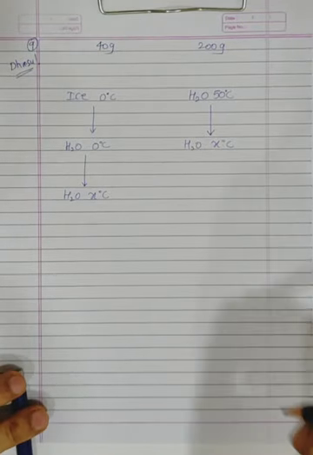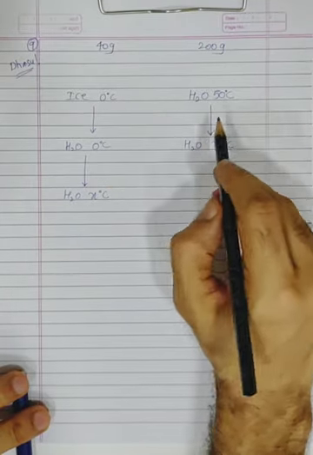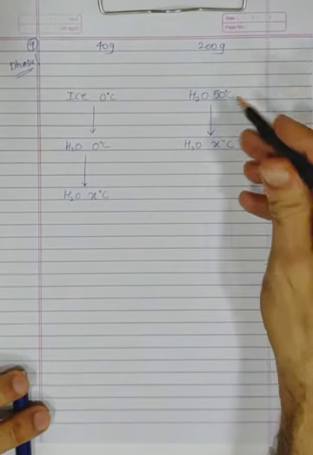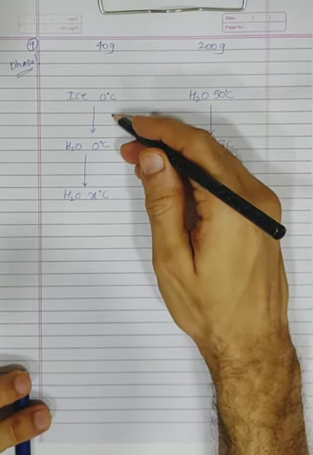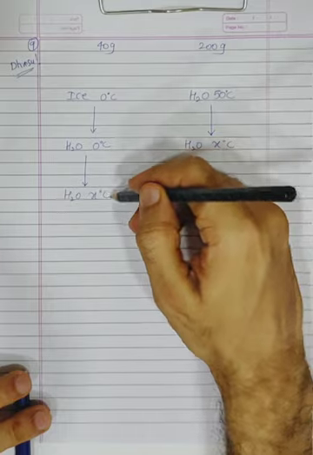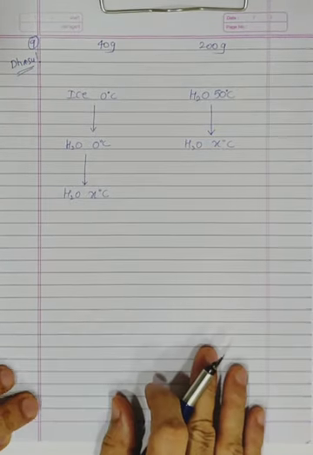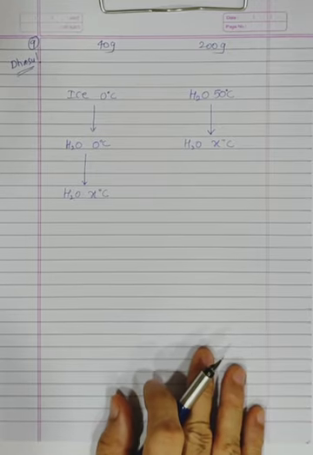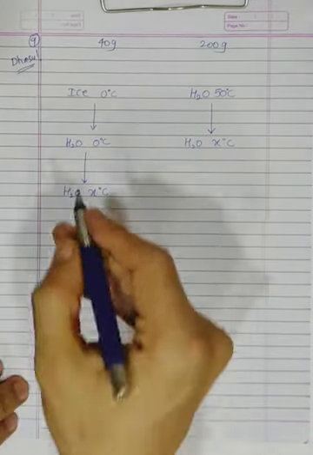Look, I'll give you an example. Let's say final temperature, just assume any random temperature. Say final temperature was 20 degree. So water at 50 will come to water at 20. But ice at 0 to water at 0, water at 0 to water at 20 degree. That's all. So in exams, if you get confused, you can just assume any random temperature for both and then start solving it. Now, what do we have the conditions here?